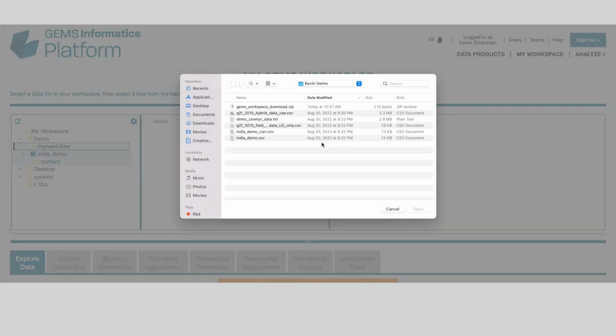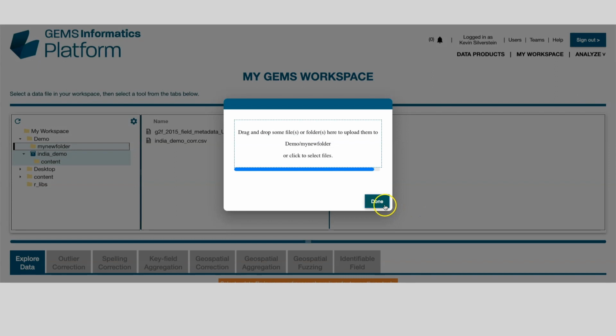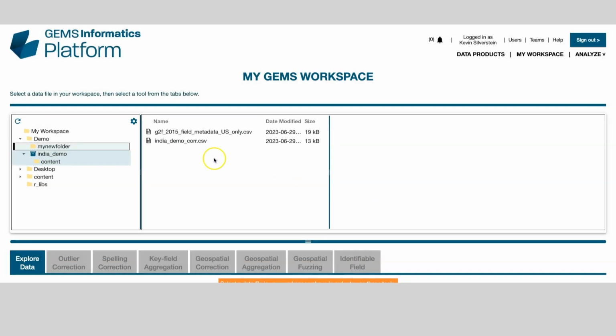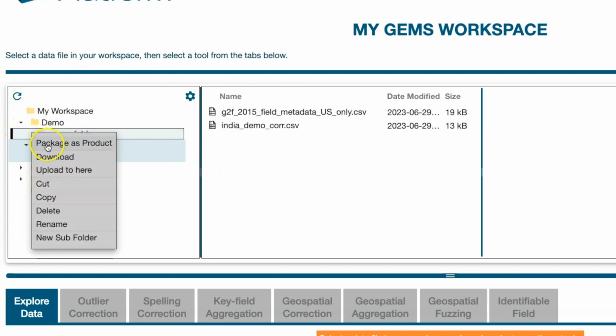Now I can pick out a bunch of files from my desktop, for example. So I'll take this one and I'll take this one. I shift clicked on that to get them both. I'll upload them both. Done. Great. At this point, same as before, right click, package as a product, but now the whole folder, so it